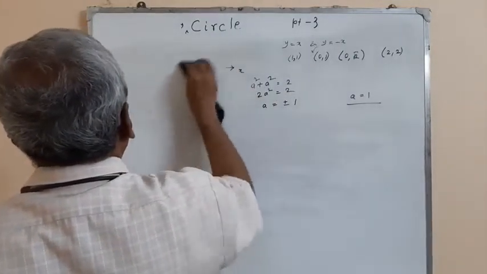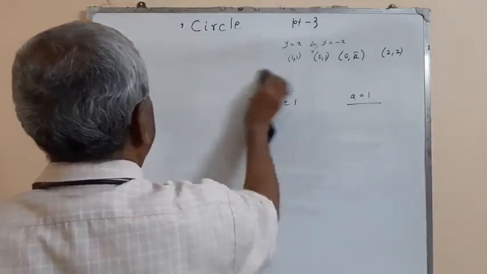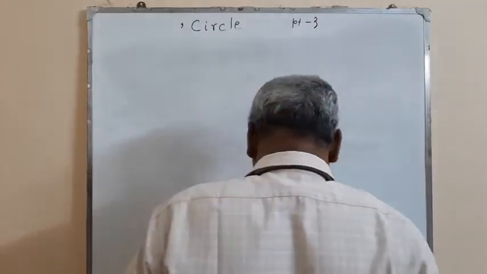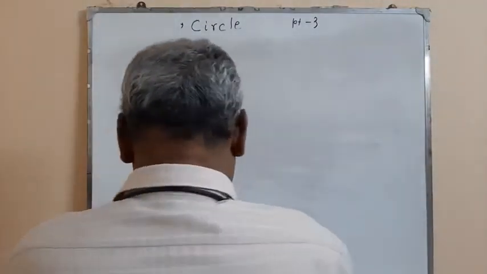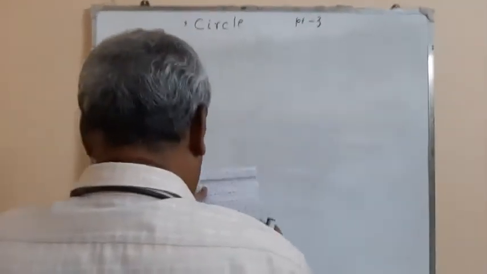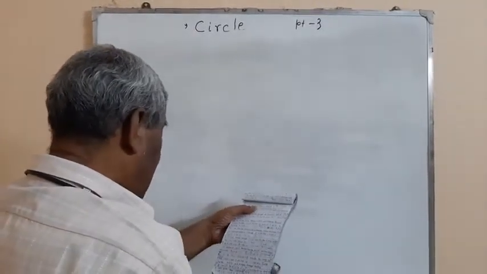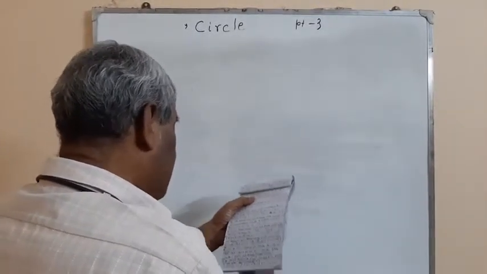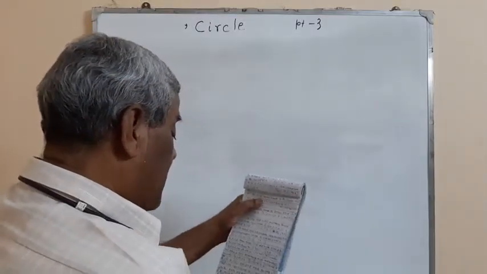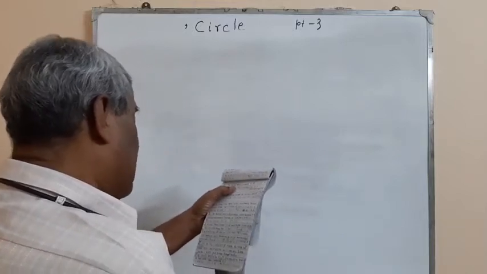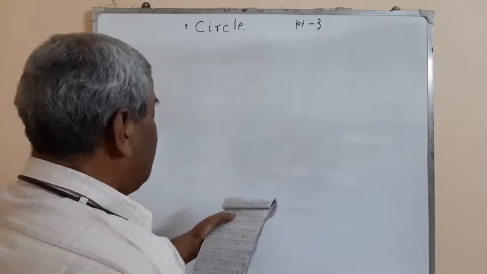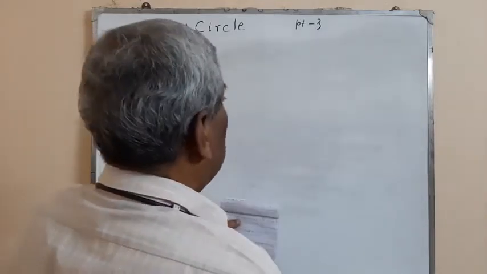Next problem. The center of a circle is in the fourth quadrant, which touches the x-axis at (4, 0) and makes an intercept of 6 units from the y-axis. So in that case,